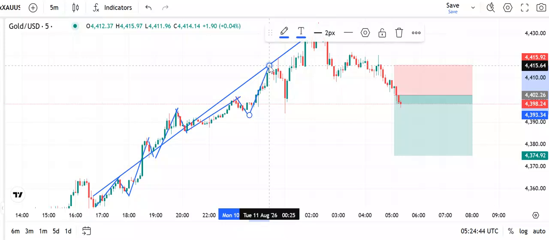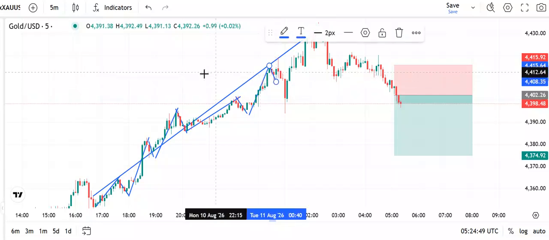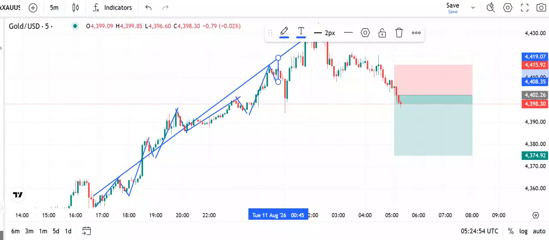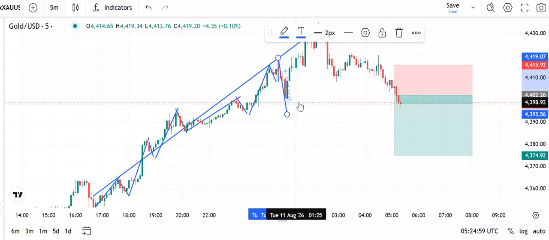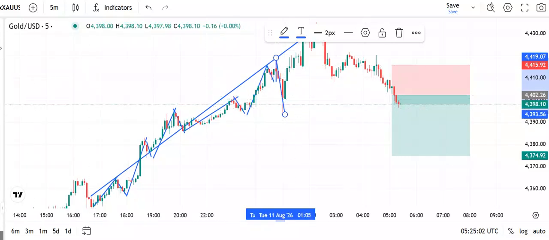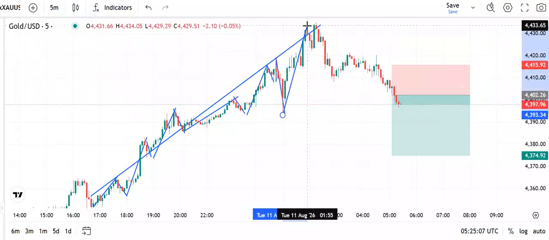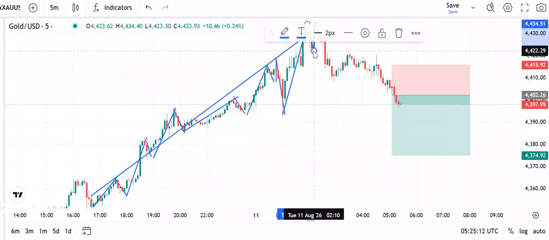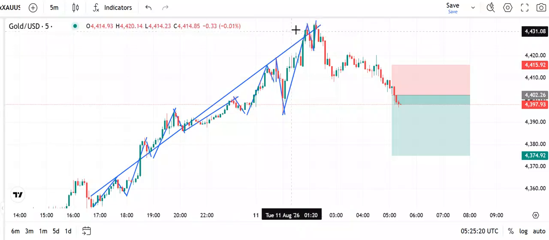Let's just say we have a higher high here, then we have higher low, higher high, but that didn't last. Then we have like a change of character here, and that didn't last either, where we have a lower low, we have this higher high, higher low, then higher high, and we have another change of character